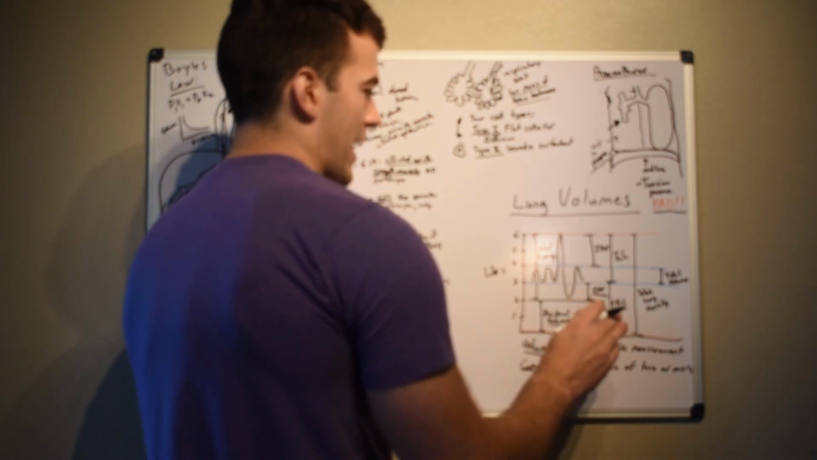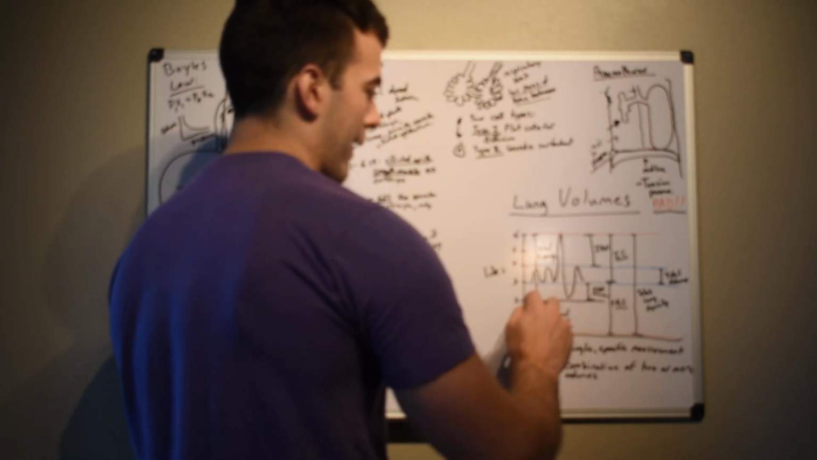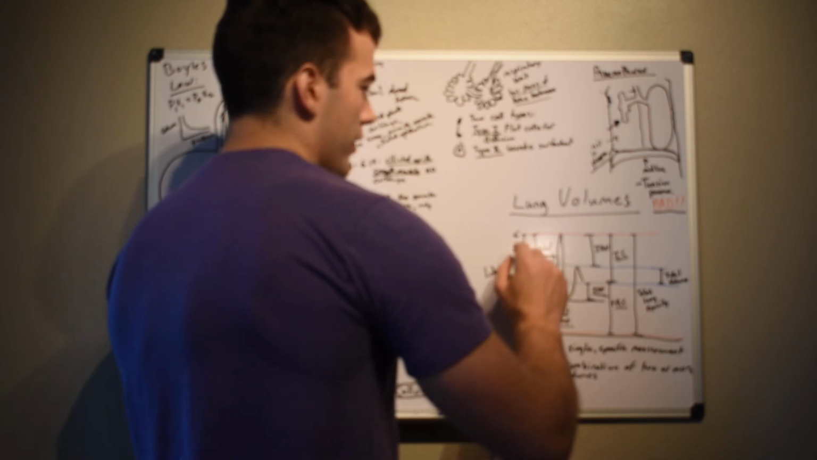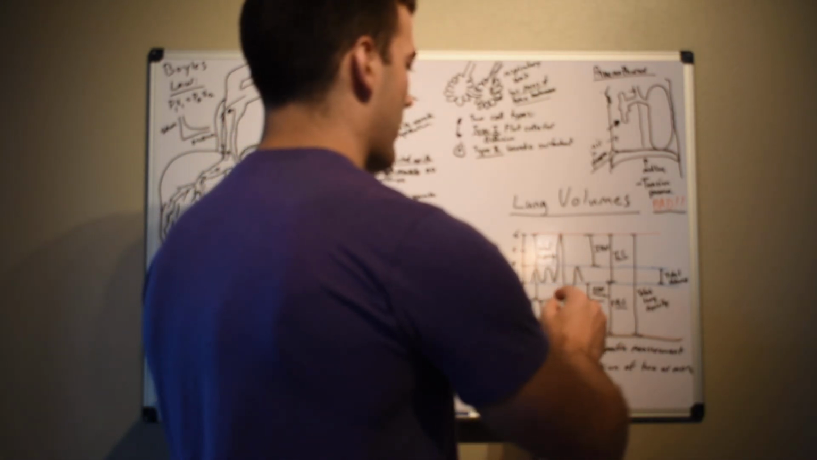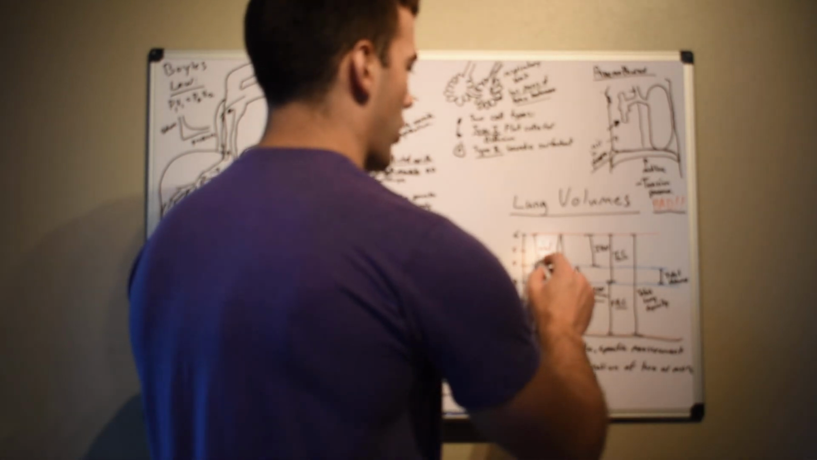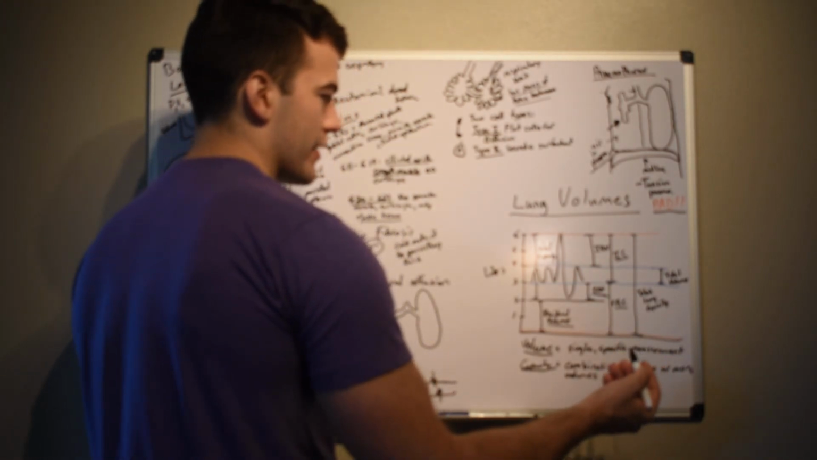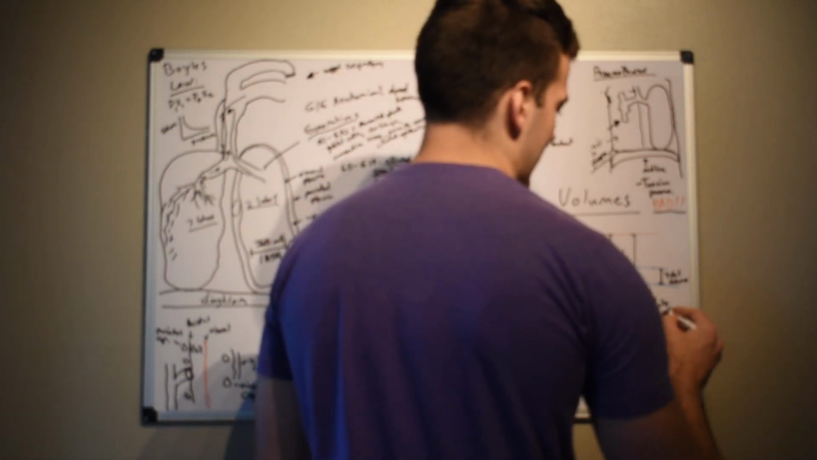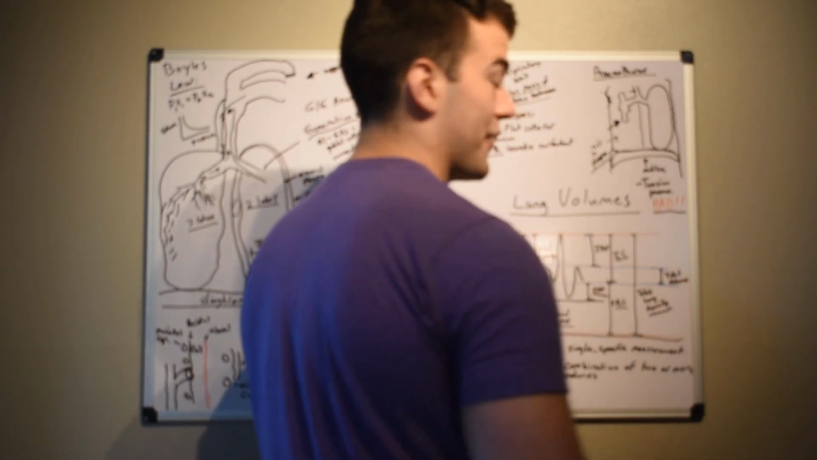So our vital capacity, which is kind of our last one we're going to talk about, that is our difference between the maximum amount we can breathe in and the maximum amount we can breathe out. It's very important. That's what we call it, the vital capacity. And then our last thing we got to remember is our total lung capacity. So this is our actual lung volume that we can